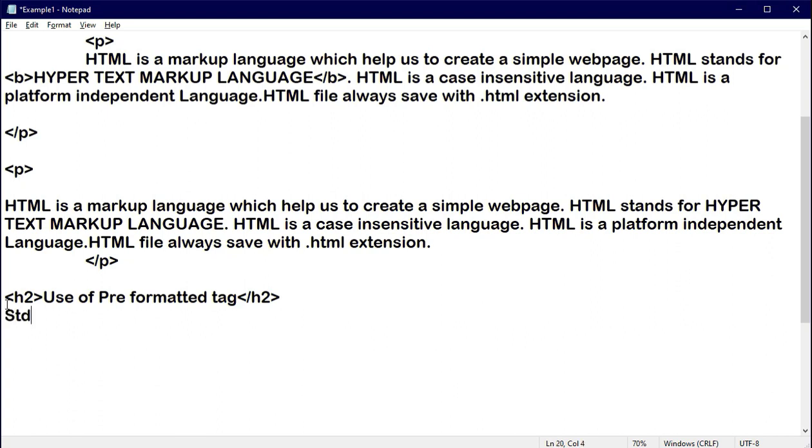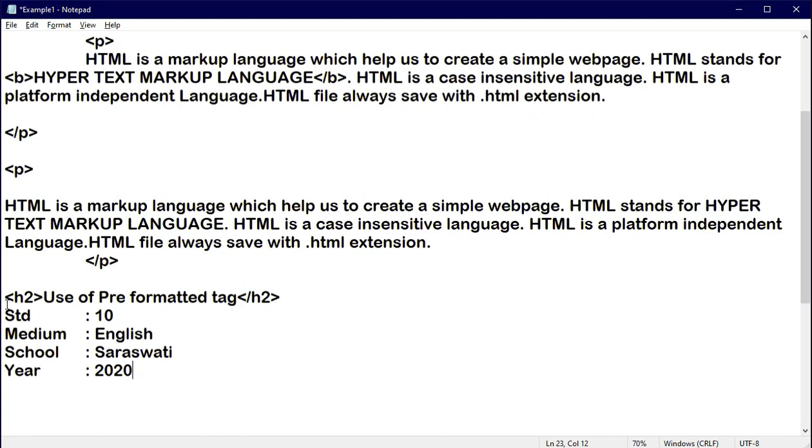Now here I am writing standard, then I am providing one tab key and then leaving a space, standard 10, then medium, English, school, Saraswati, and year 2020.